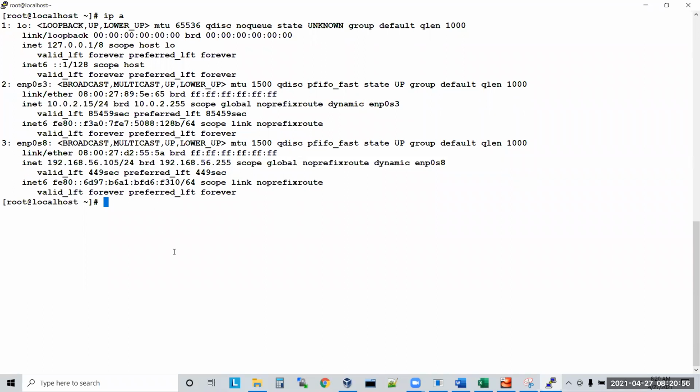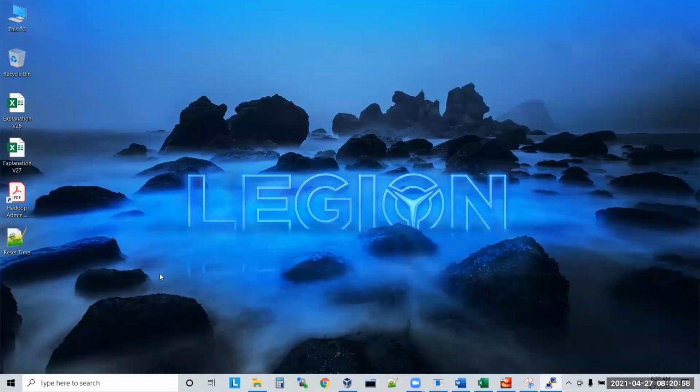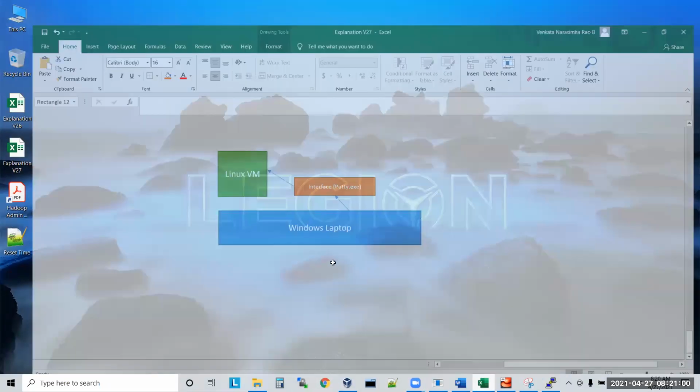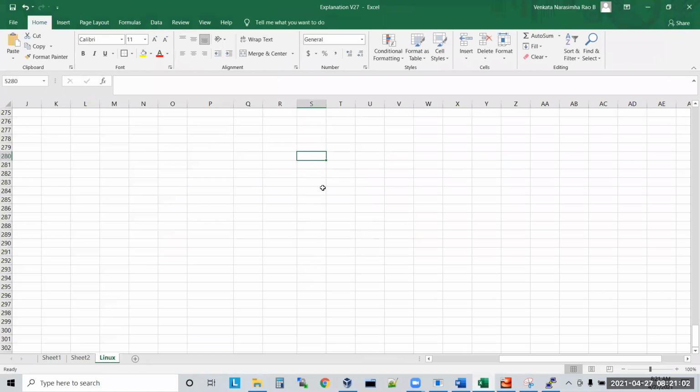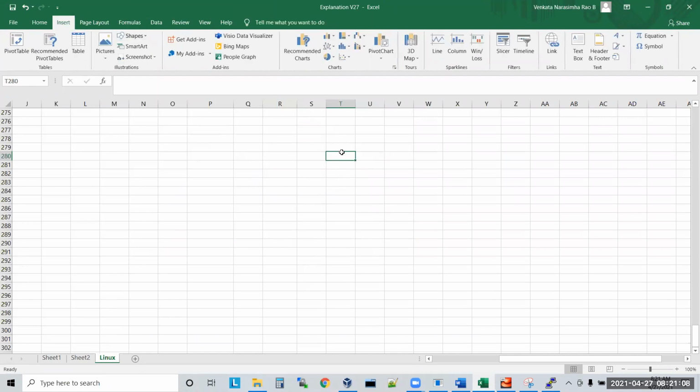So guys, let us take a Hadoop cluster now. I'm taking a total of 4 VMs. For VM1, and VM2, VM3, VM4, virtual machine 4.